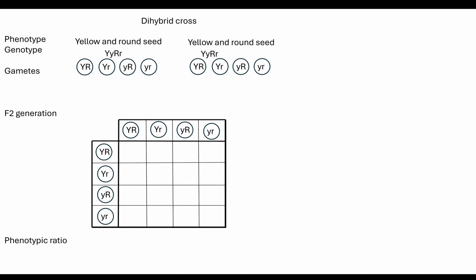Well, I can see that because I've got a capital Y and I've got a capital R. Now, if I were to look at the potential gametes that can be produced, I would get 4 possible combinations. Now, it depends in the exam question. They might throw a curveball at you and give you a